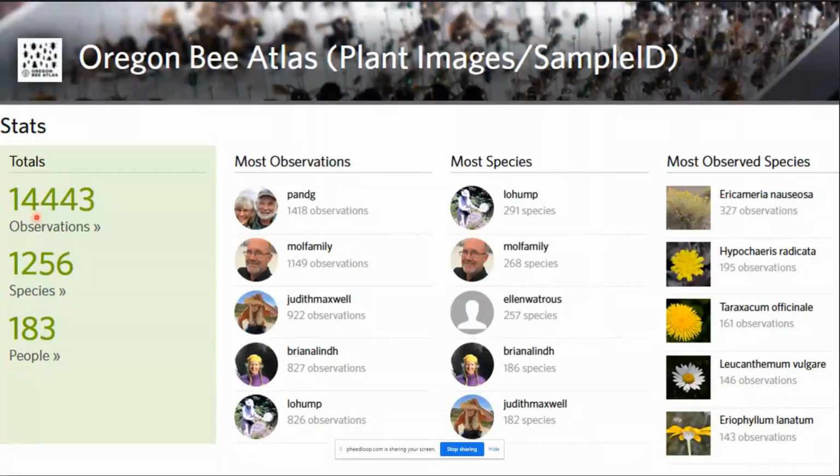So, collections of bees sampled off some particular plant at some particular place and time. And those bees have been sampled from more than 1,250 flowering plant species in the state by more than 180 people. You can kind of see our champions here. Some of you may know Pete and Gretchen Peterson. They worked in the Colorado backcountry for much of their lives, and they've collected nearly 10% of all of our